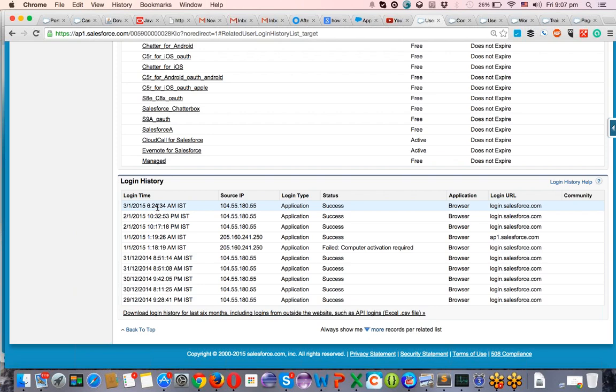Okay. I logged in today, yesterday, again on first, because this is in Indian time. Today is second, but it's still showing as third because it's showing as 6:24 AM IST, the morning time of India. Different times I'm logging in every day 2 times, and I can see the last 6 months login history for this user. Same way, if you are working for a different company, they can even track what you're doing, everything.